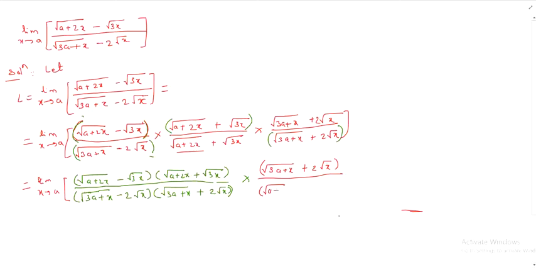Root a plus 2x plus root 3x, okay. Now here if we see the first two terms, this is again in the form a minus b into a plus b, and the same case in the numerator and denominator. So by simplifying it, a square minus b square, therefore we have here root a plus 2x bracket square minus b square, that is root 3x bracket square, isn't it? You know this identity. Which is that identity?